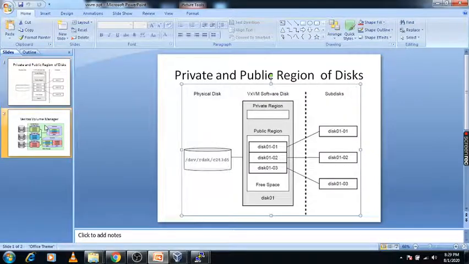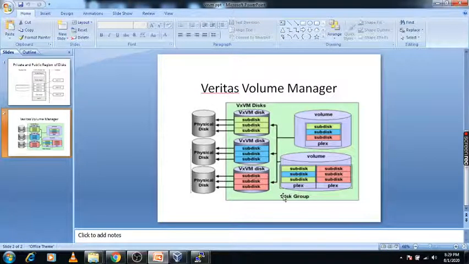In another diagram, it's mentioned as disk group. This disk group contains all of them: plex, subdisk, and the volume. So what is meant by the subdisk, plex, volume, and the disk group? Basically, whenever an OS disk is assigned, it is under this VX disk, we can say. Once this disk is placed inside Veritas, it creates the first set, that is the subdisk. After that the plex, and then the volume.